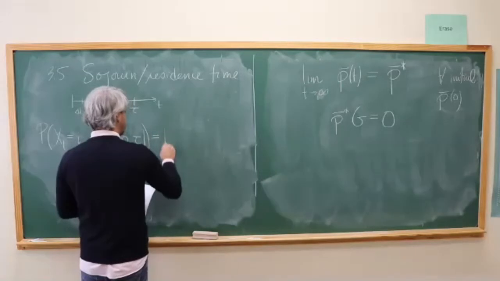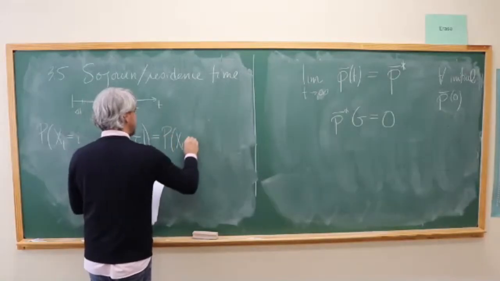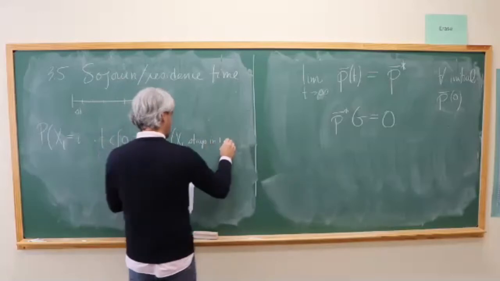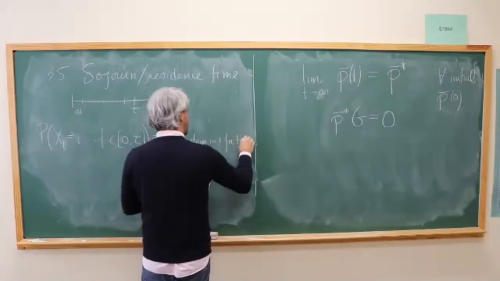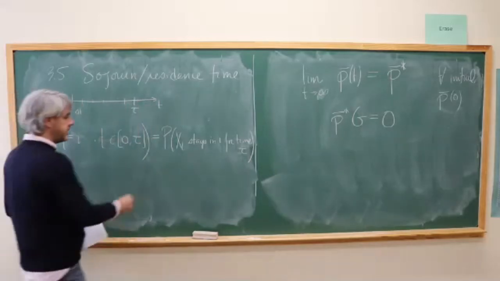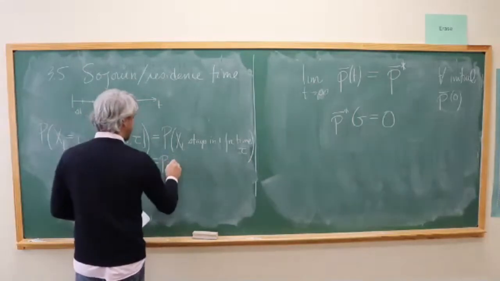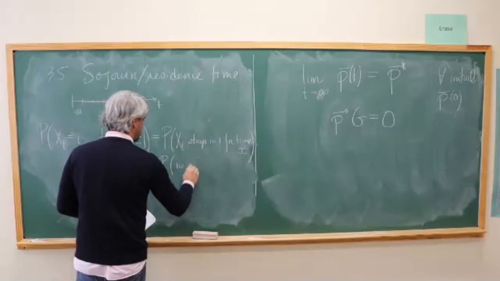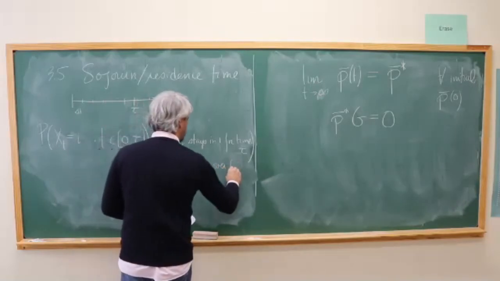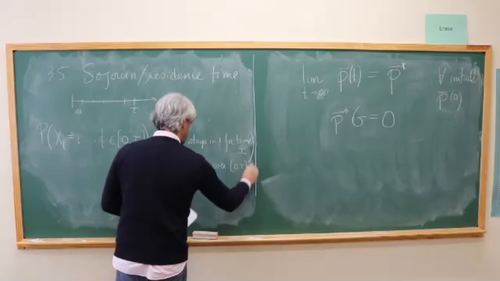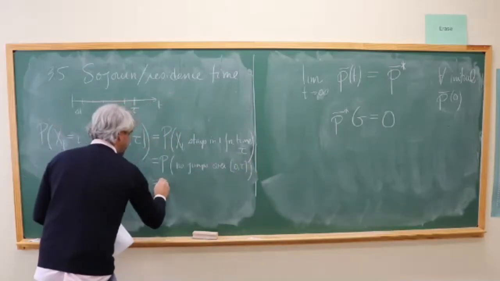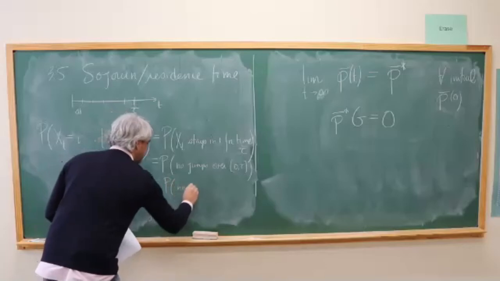So I can write this in English if you want. Xt stays in I for time tau. This is the same as saying that over that time tau, I have no jumps over 0 to tau. But this is the same as saying that I have no jump